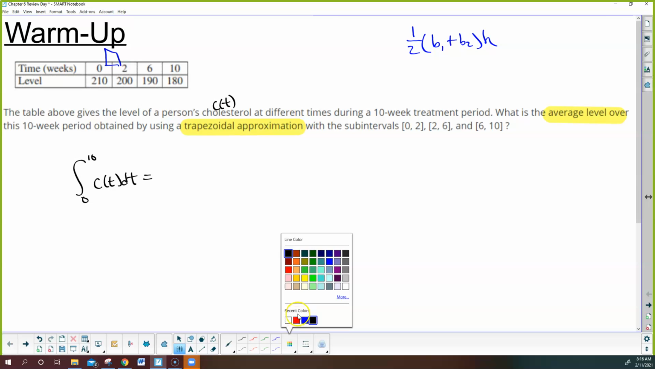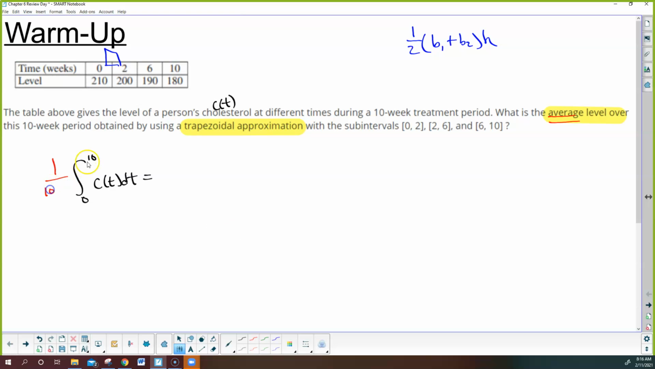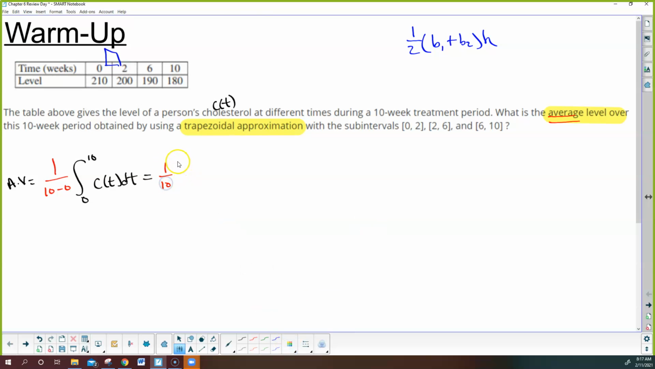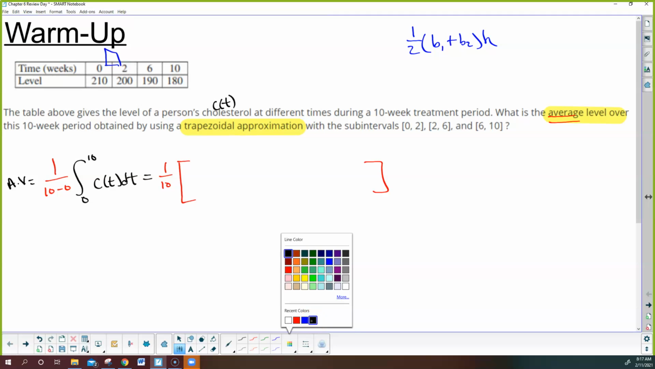But then they throw this word in, average, and that is overlooked often. That's our average value, so we're going to take our upper bound minus our lower bound and divide by that. So this is really, in disguise, an average value problem with trapezoids. I know that I'm going to take my answer, whatever it is, and divide by 10, or multiply by a tenth,